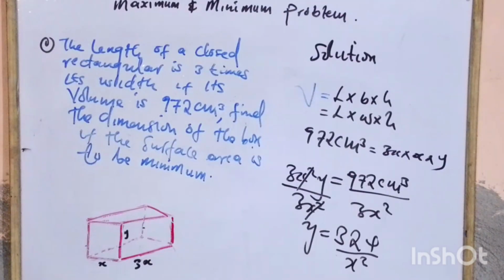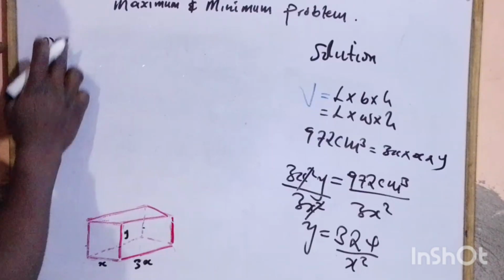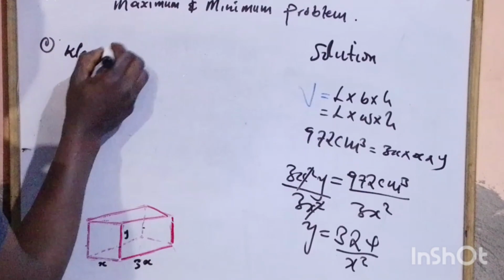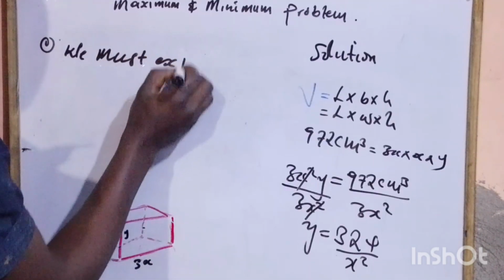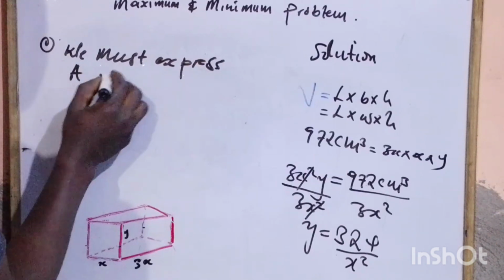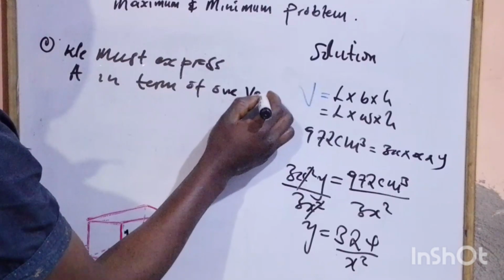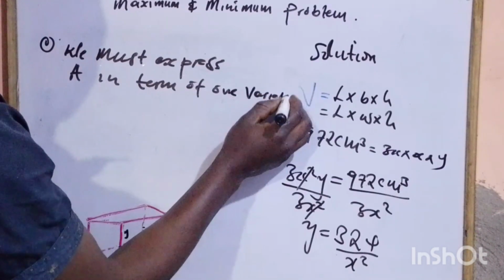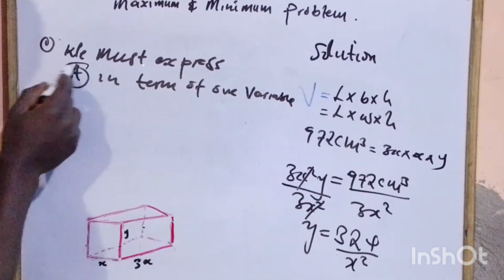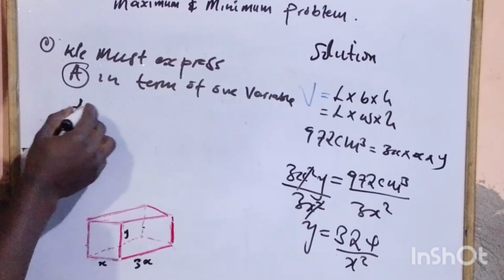Now since it is saying the surface area is to be minimized, we must express A in terms of one variable. So we are going to say area is equal to